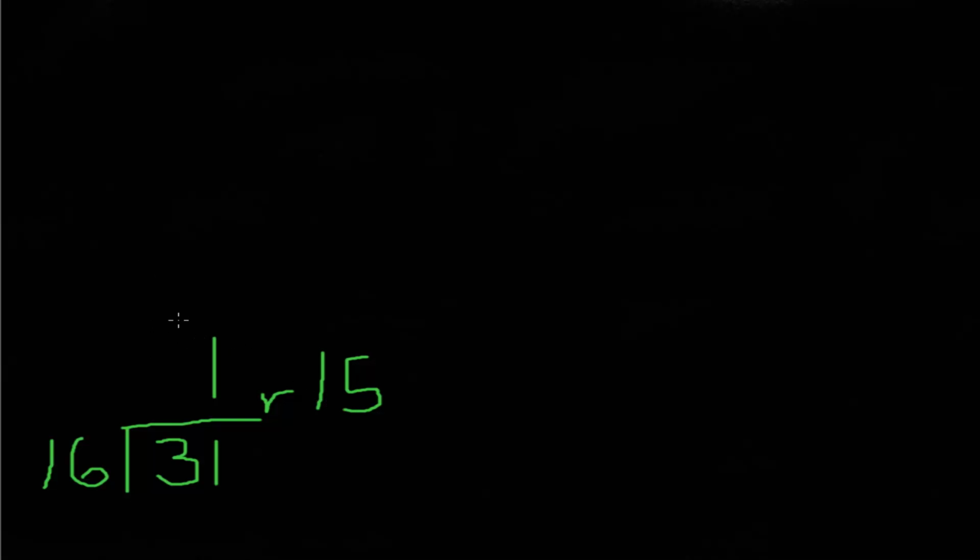Right. And then this 1 here, I'm going to divide it by 16. Sixteen goes into 1 0 times. 0 times 16 equals 0. 1 minus 0 gives me a remainder of 1. Right? And then we know with hexadecimal,